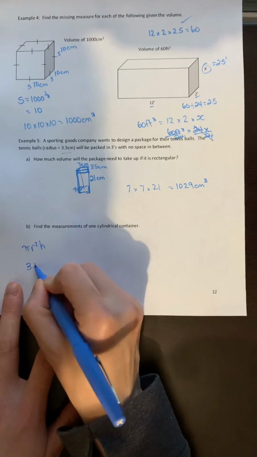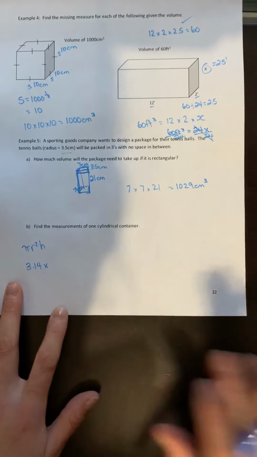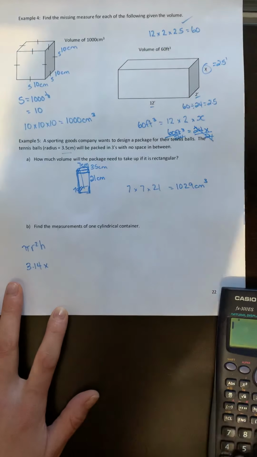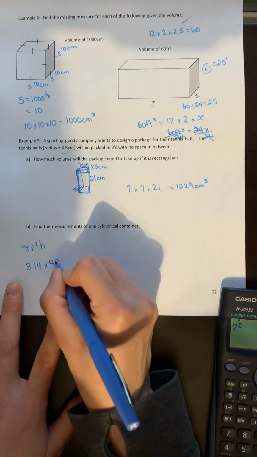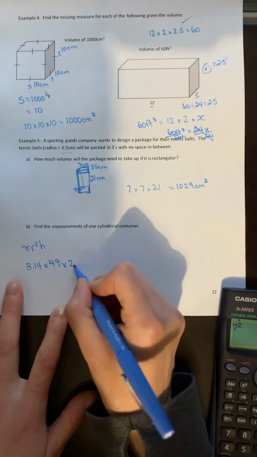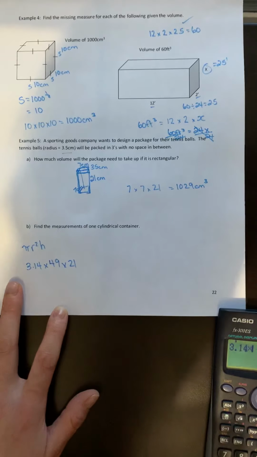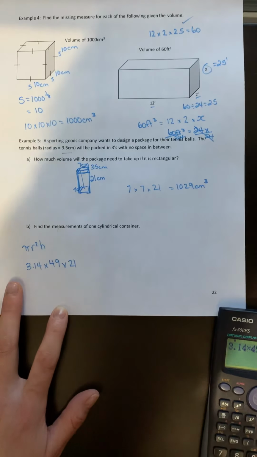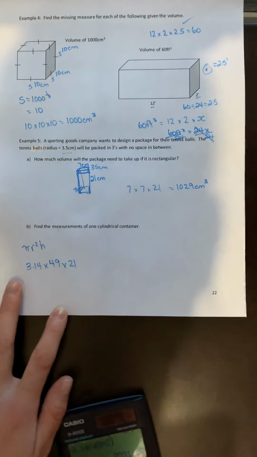So 3.14 times 7 squared, so I can just do that right now. 7 squared is 49 times 21, okay? So I've got 3.14 times 49 times 21 gives me